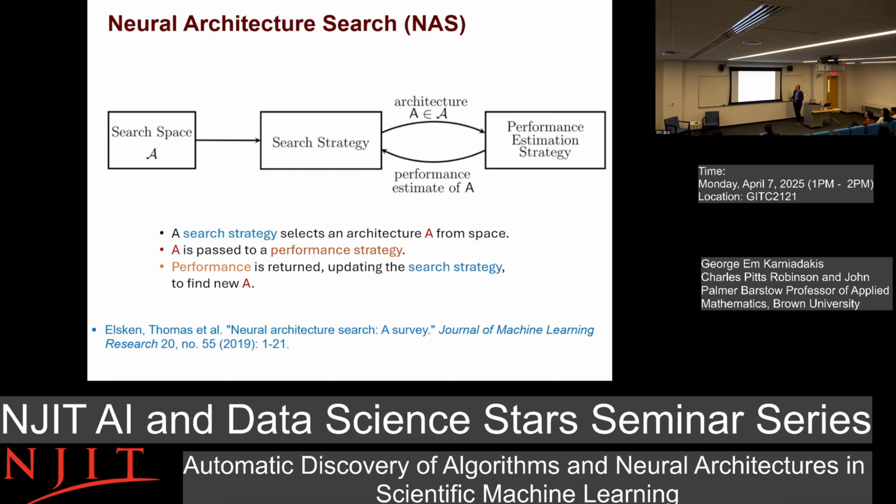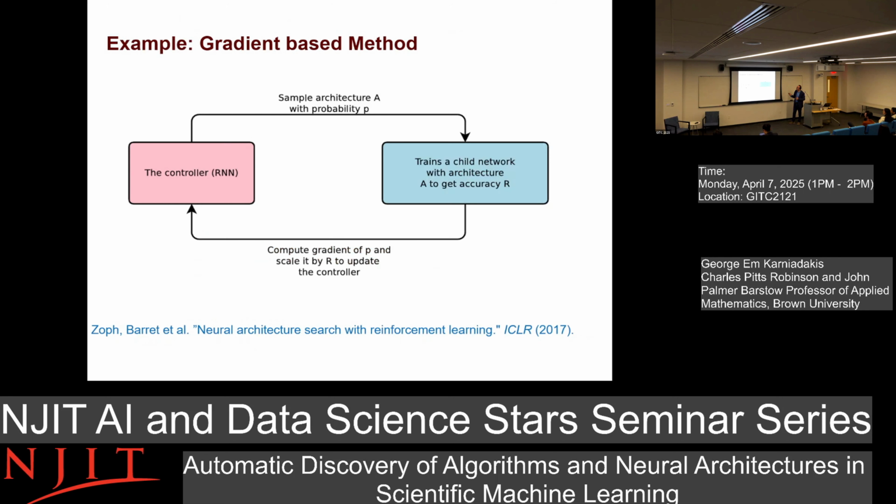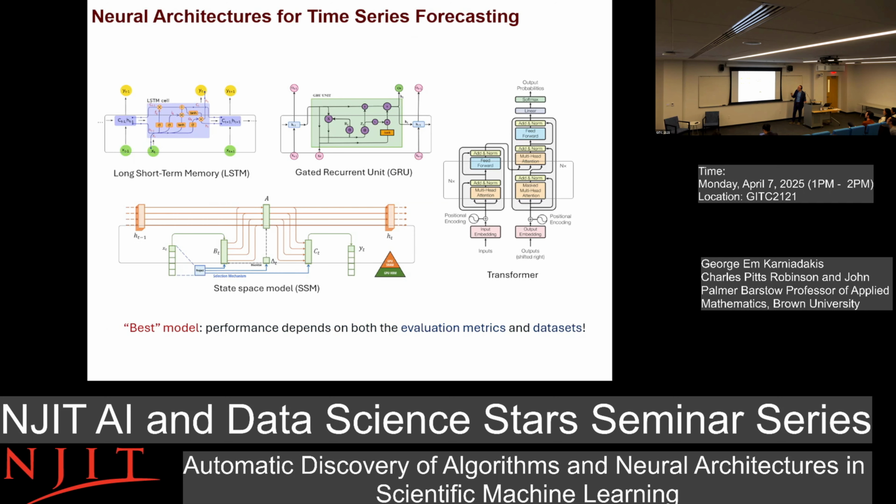Okay, so this has been a very active area of research in the last 10 years, started with about 2017, for example. This is a paper from 2019, the review paper that shows that you have some search space. You choose one of these strategies, you evaluate it, and then you iterate. It's a very, very time-consuming method. If you ever use AutoML of Microsoft, for example, you know what I'm talking about, or they use Bayesian optimization and so on. Yes, here's an example where you look at the probability of that architecture. Then you look at the gradients. So it involves a lot of expensive operations. You can use reinforcement learning here, for example. But that's not what I want to do.